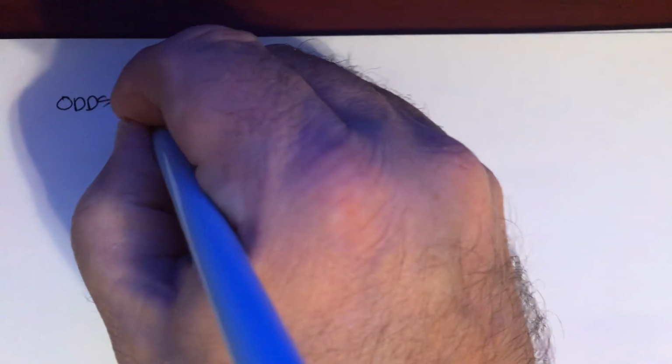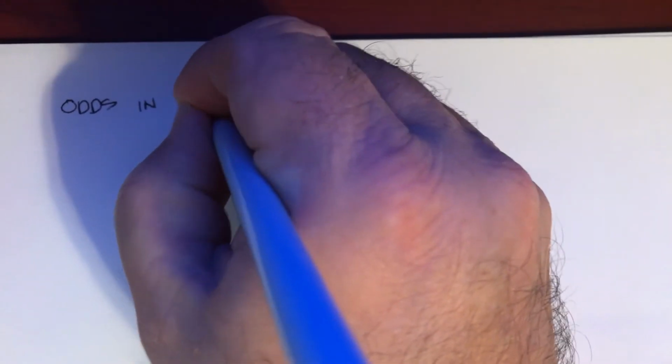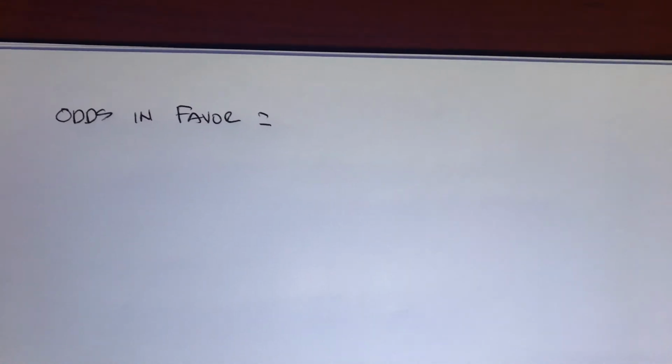So the odds in favor of an event occurring is calculated by doing the number of outcomes